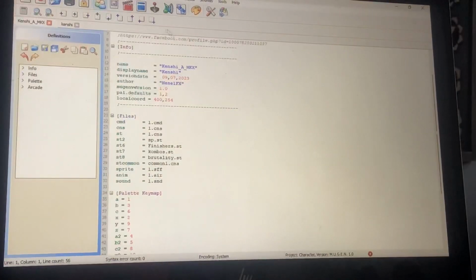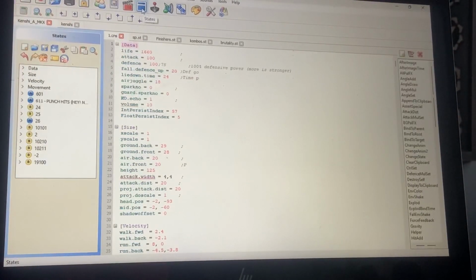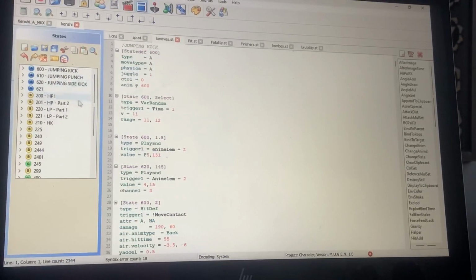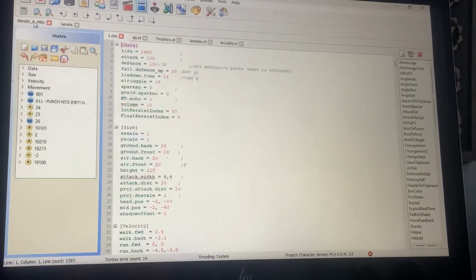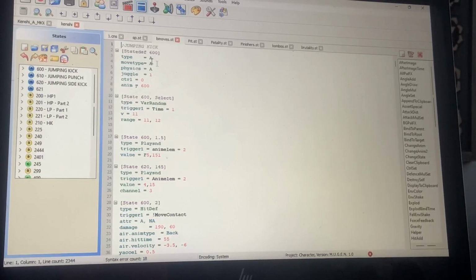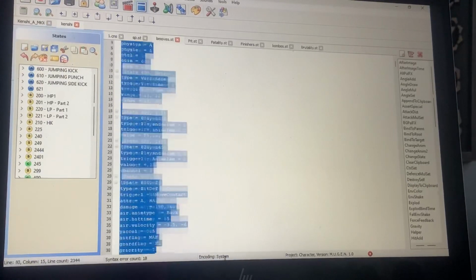Once you launch your character, you're going to go into the states. Now look at regular Kenshi over here. Jump kick, high kick, all these things are listed here under what's called B moves, basically normal moves. If you remember looking back under Messi, B moves MKP was listed there. We had to erase it to get him to work. There's no B moves section here, and he's got all his basics here, but all you see is specials, finishers, combos, and brutality. So what you're going to do is pretty much copy this whole section here